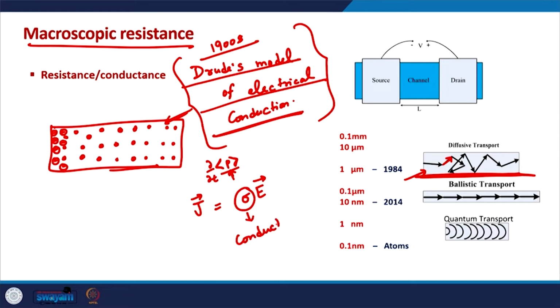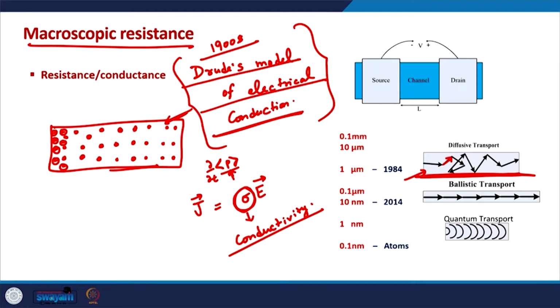So, the current per unit area in a material, or current density, is directly proportional to the electric field, and the constant of proportionality is the conductivity of the material. So, that is essentially the conventional understanding of conduction or transport,